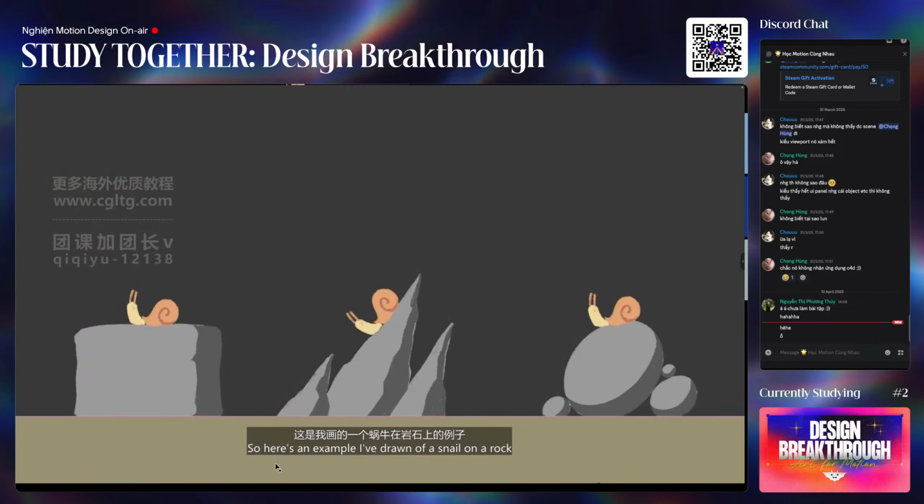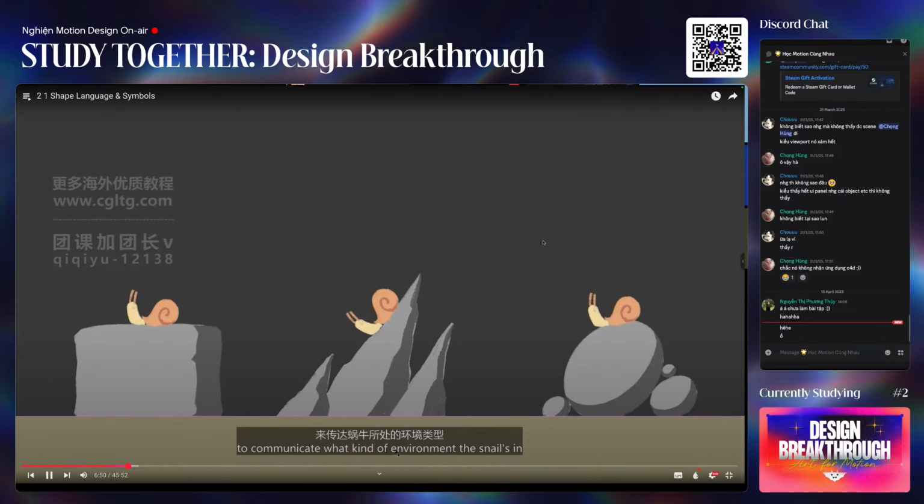So here's an example I've drawn of a snail on a rock. Let's imagine we got that brief. We need to show a snail on a rock. But what kind of a rock is it? We can push the stylization, the shape of that rock, to communicate what kind of environment the snail